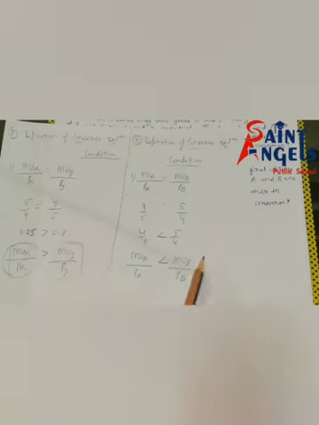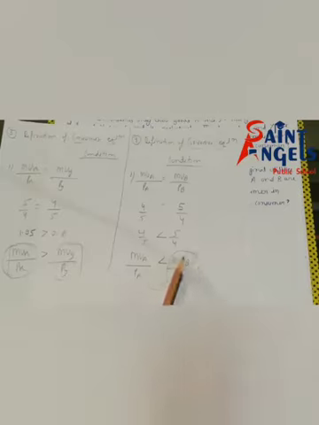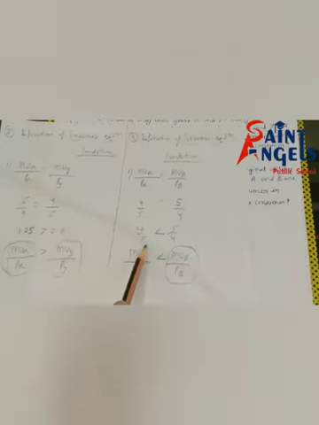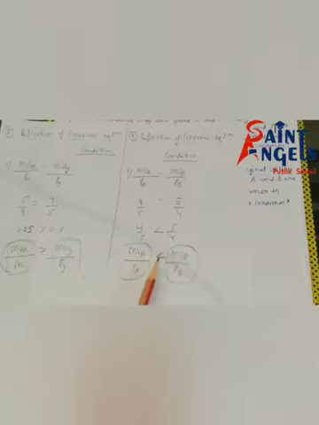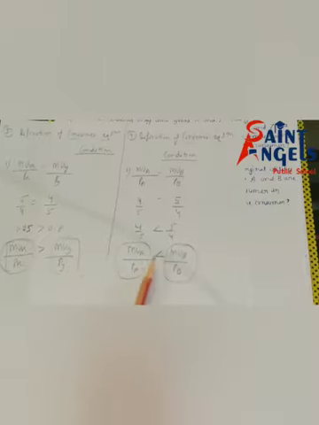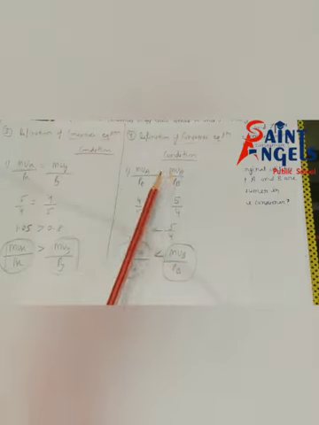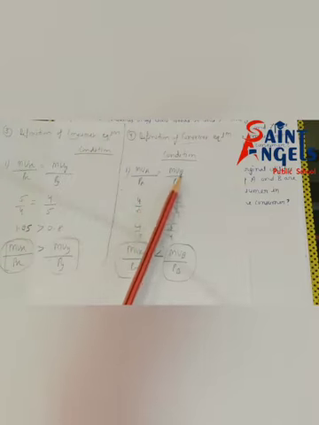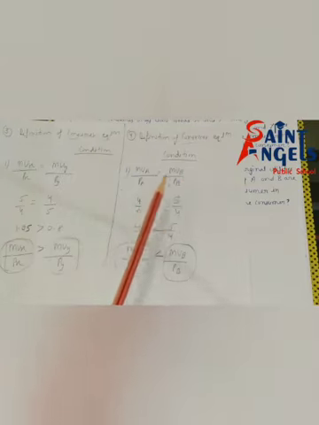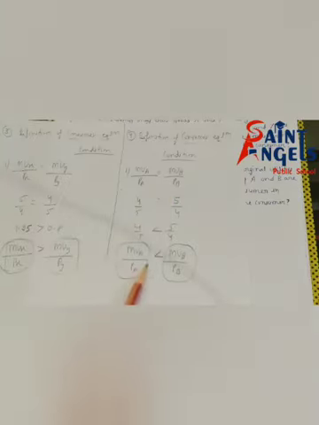You know that this is marginal utility in terms of money in case of good B, and this is marginal utility in terms of money in case of good A. See, both are not equal, so we can see that this is not a consumer equilibrium situation, because we know that consumer equilibrium means marginal utility of A divided by price of A is equal to marginal utility of B divided by price of good B. I hope all of you have understood, but see here, both are not equal. This is not a consumer equilibrium situation.